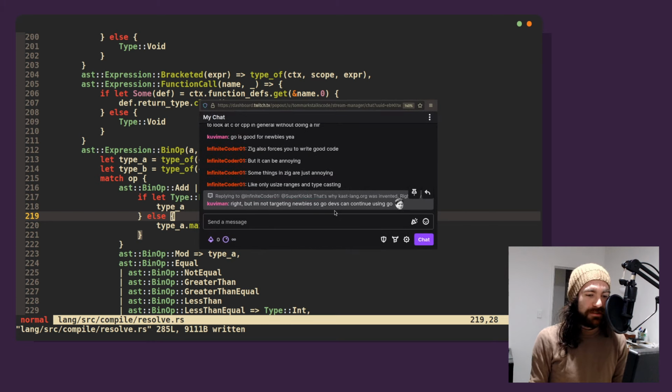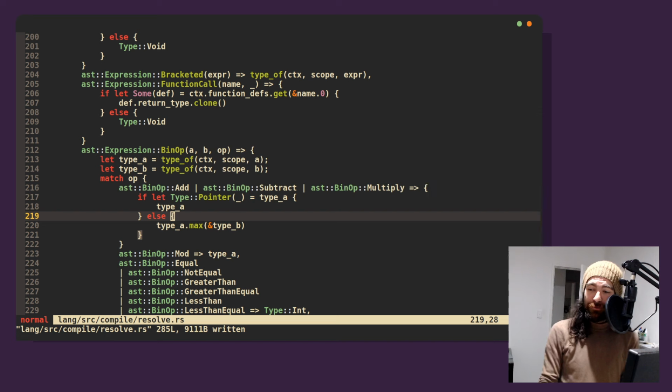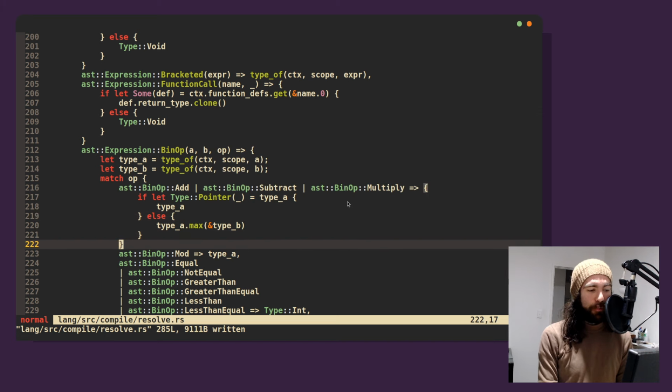You're not targeting newbies. Go devs can continue using Go. Yeah. And there's definitely something to say for it. And if you have like 5 friends and you want to start a Rust company, I think that's great. But I wouldn't sell Rust to a bank that employs hundreds of programmers. I don't think it's the right fit for that job. And that's more my background. So I would love to try a Rust job and see how it fares in a really solid environment where you want your code super well tested and you can have really cool error handling stuff happen at a type level.